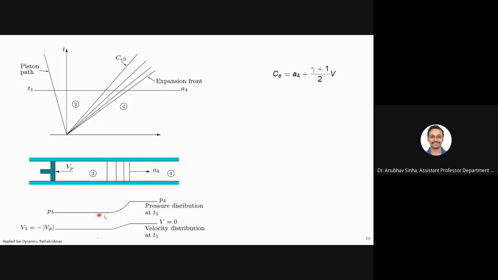Let us look at the pressure distribution. Ahead of the wave, you see a higher pressure P4, and behind the expansion fan, we see a lower pressure. Why is this lower pressure created? Because the piston is suddenly moving back, so the volume available increases. It is like creating a void here, and the gases move in this direction to fill up that void. Because of that, suddenly there is a decrease in pressure.